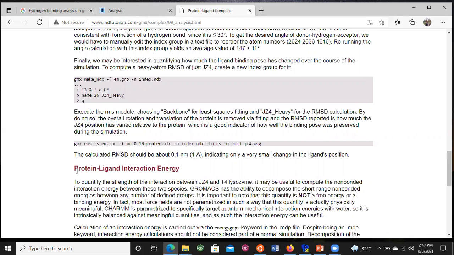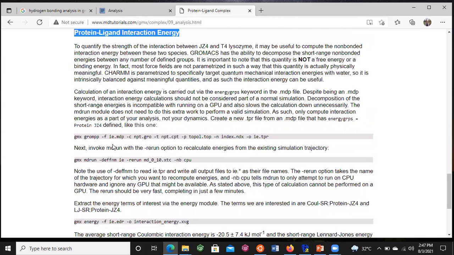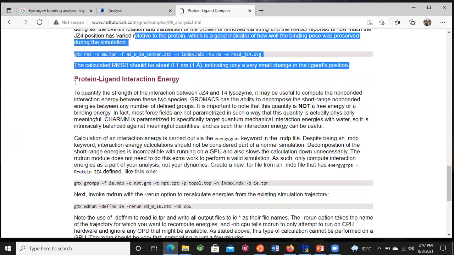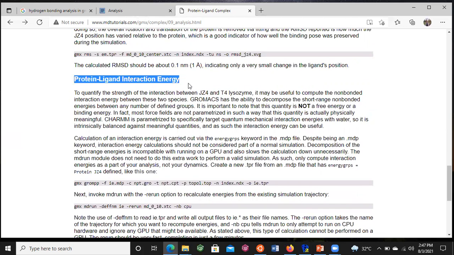Now, one thing given in this tutorial is protein ligand interaction energy. For calculating this interaction, we need to run another MD simulation command, that is the IE.MDP, and after processing IE.MDP, the parameters for this are given here. We can calculate the protein ligand interaction energy. But for this case, I request you to go for higher studies and perform the MMPBSA analysis, that is molecular mechanics coupled Poisson Boltzmann and surface area analysis, or the other analysis that is based on GMMPBSA.